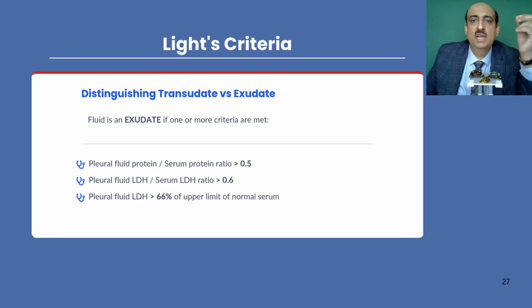Just a quick word about Light's criteria for pleural effusion. As we discussed earlier, it's mainly to differentiate between transudative and exudative. The key feature is the leakage of protein. In exudative fluid, there will be more protein. So if the pleural fluid to serum protein ratio is above 0.5, or the pleural fluid LDH to serum LDH ratio is above 0.6, or if the pleural fluid LDH is more than 2/3 of the upper normal limit of the serum LDH for that particular lab or institution, then it is indicative